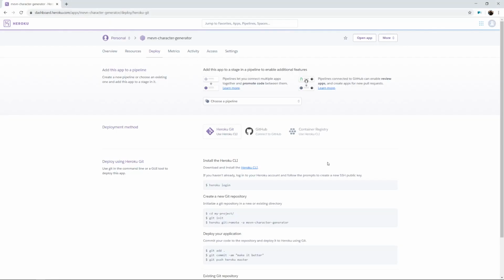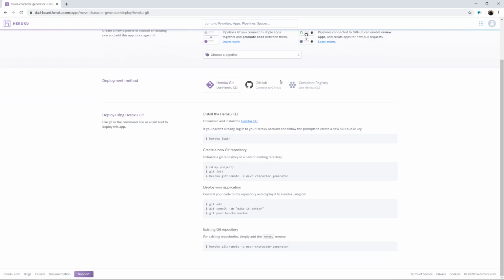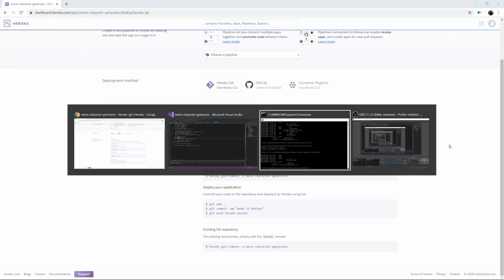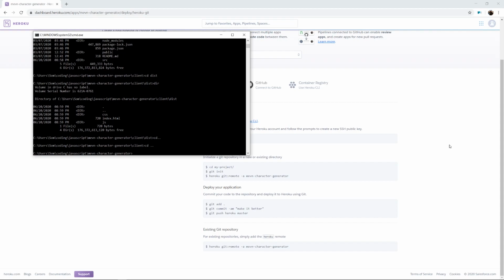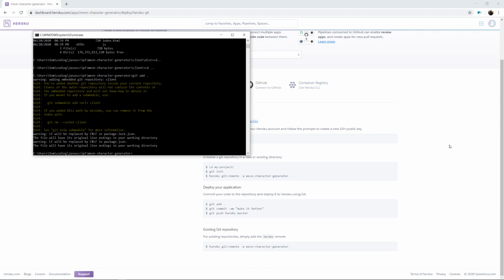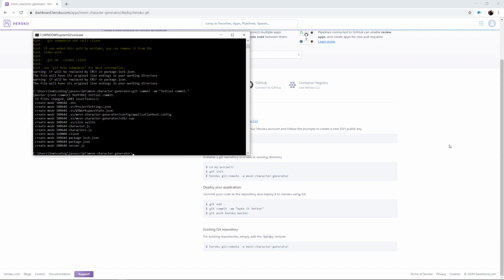So what we do here is we navigate back to our MEVN character generator screen in Heroku, and we see after we've initialized the repository here, we can deploy our application by, similar to committing it to Git, navigating to my root directory and saying git add period, or add all of the files, and then git commit with a message, initial commit, and then git push heroku master,